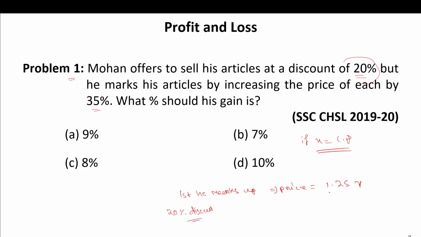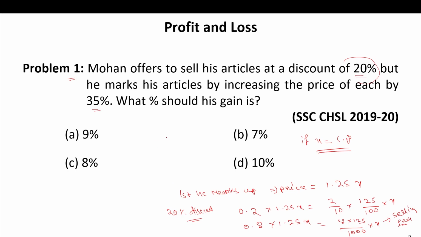So the 20% discount is given on the selling price, right? So it will be 0.2 into 1.25x, which is 2 by 10 into 125 by 100 into x. This is the discount amount. What will be the remaining amount? The remaining amount will be 0.8 into 1.25x, which is 8 into 125 by 1000 into x. So this much will be the selling price